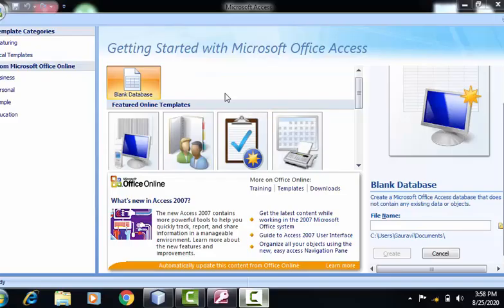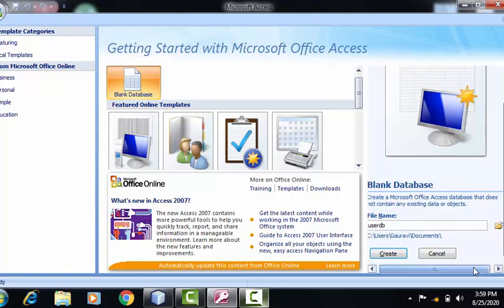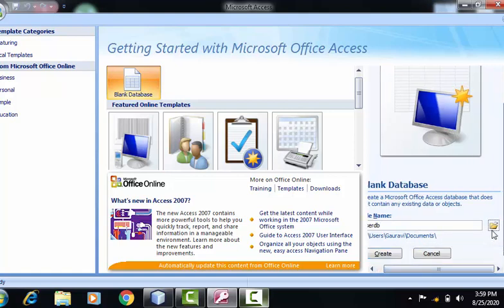We'll start with the creation of MS Access database. For that, we'll have to go to Microsoft Office Access. Inside that, I'm selecting blank database. Here I need to provide the name of my file, that is the name of my database. Let's say it is UserDB. I'm selecting the location.